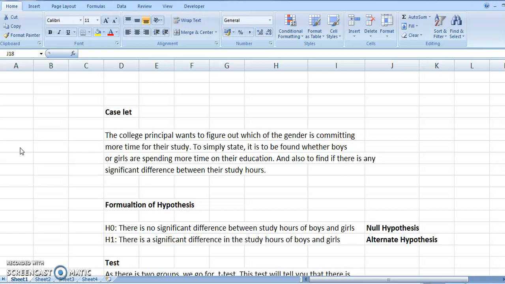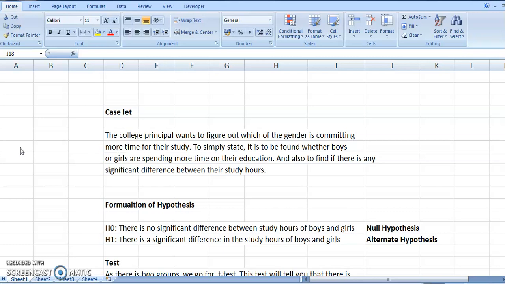Hypothesis testing is a sure shot question in your examination. You will definitely get 1 or 2 questions in section A and section B pertaining to hypothesis, construction or development of hypothesis, and finally testing of hypothesis. Here in this video, I am giving you an example of how a hypothesis is framed and how it can be tested using a t-test in the Excel sheet.